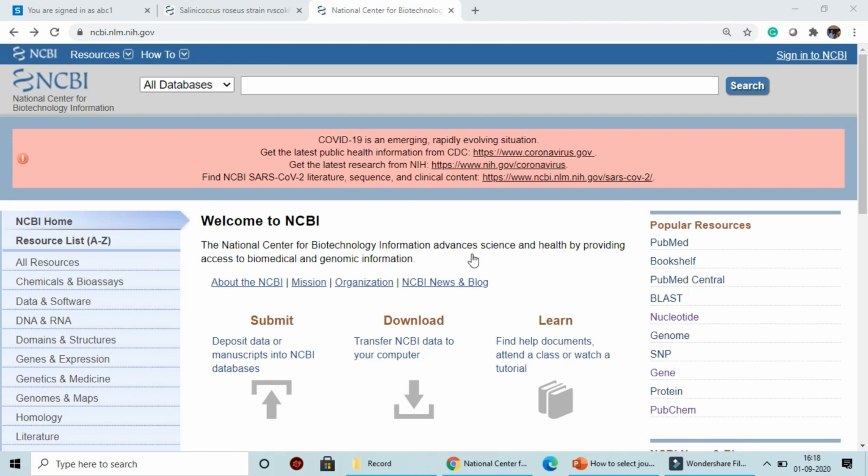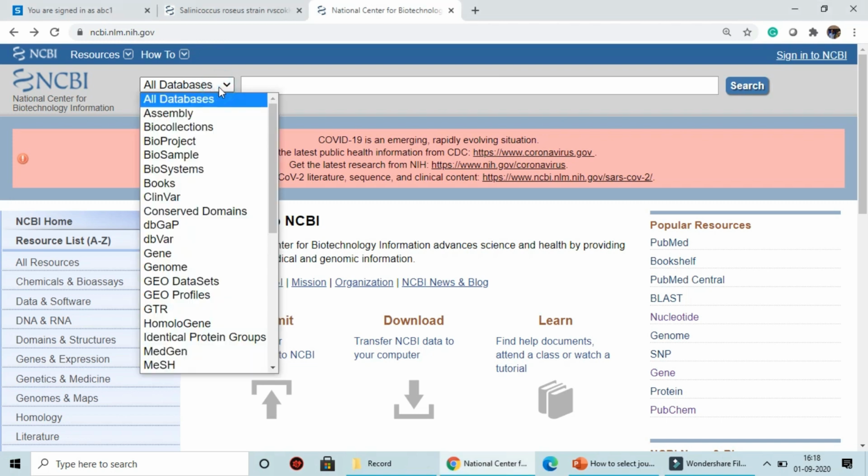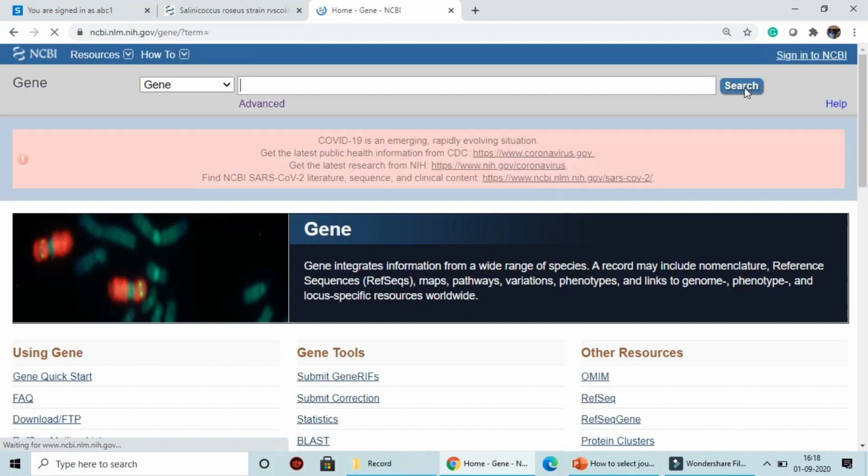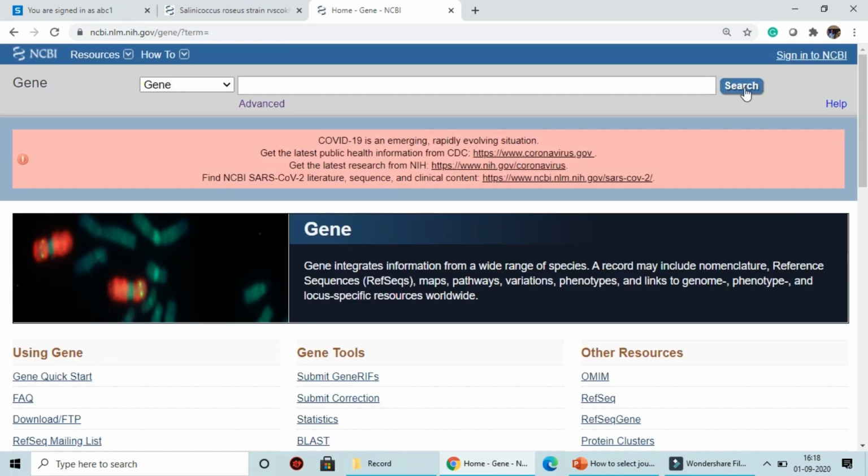Let me show you. If you are interested to retrieve the gene sequence, in that case we can select gene here, and without doing anything, click on search. Once you click on this particular link, you will navigate towards this particular database. See the gene here, and now for further query, to avoid false positive results or too many results, I want to get only one sequence, right? The INS gene of human being. So what I do, just click on advanced.